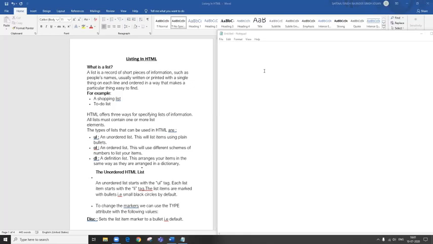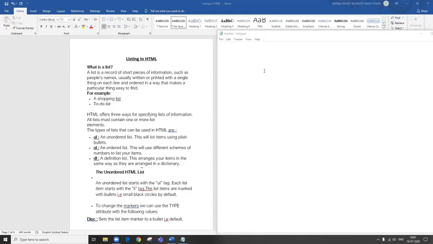A list is a record of some information which is written in such a manner that each line contains some information. That can be in some ordered way, or it can just be written one below the other.